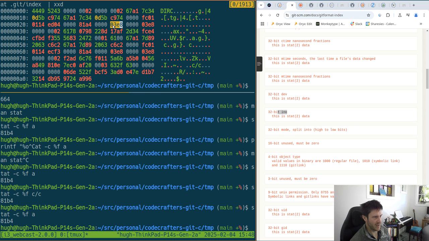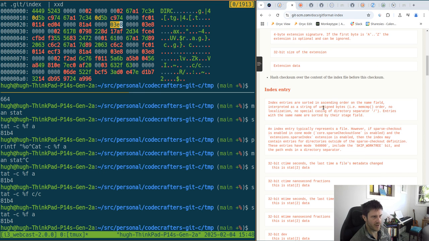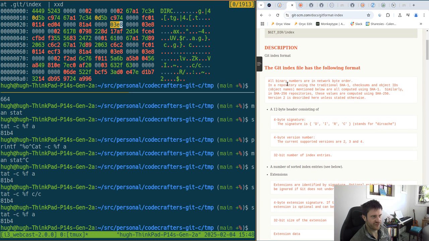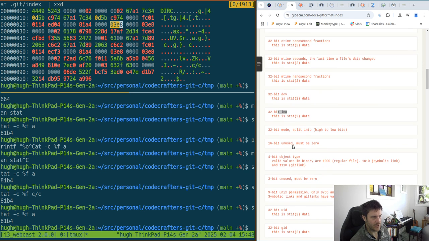Looking at all the binary numbers in network byte order, this means that our 4-bit number at the moment